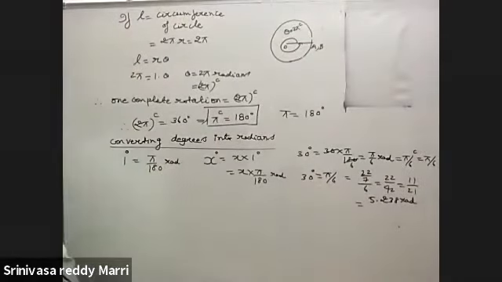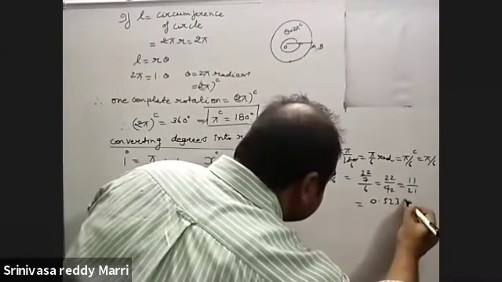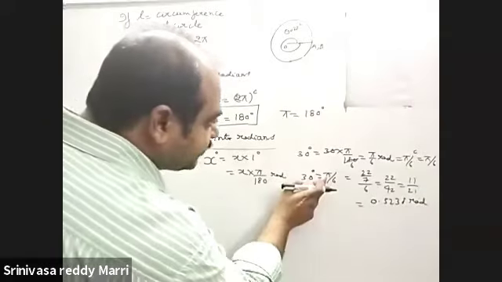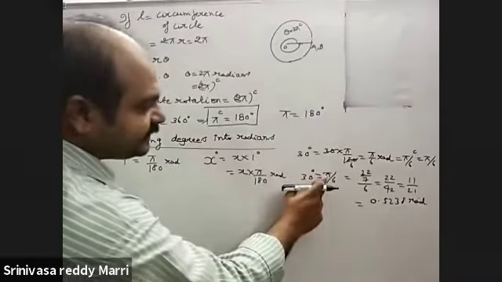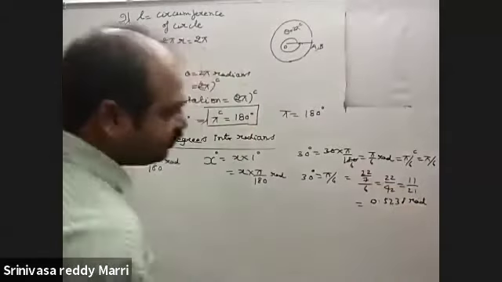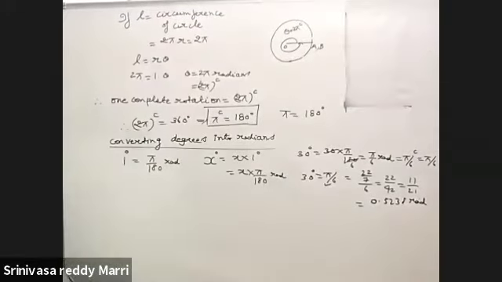If you substitute 0.5238 radians, that means if pi is substituted as 22 by 7, it will become a numerical value. That means a radian angle can always be converted into a real number by substituting pi as 22 by 7. He can give this, or he can give this as the answer. Usually he will give the answer in radians.